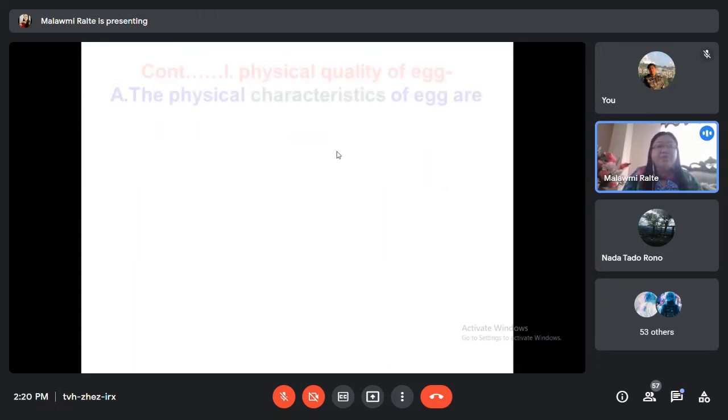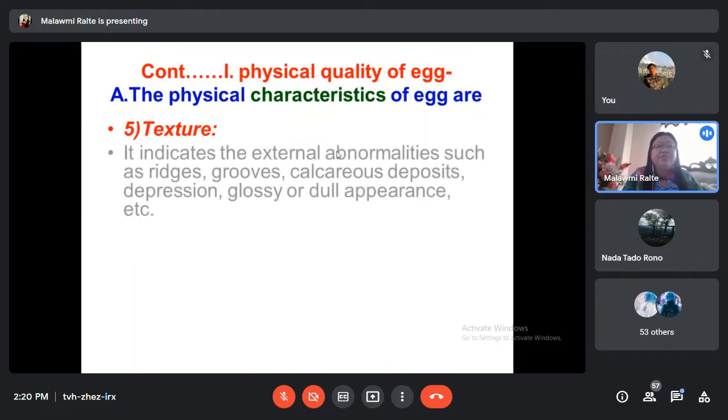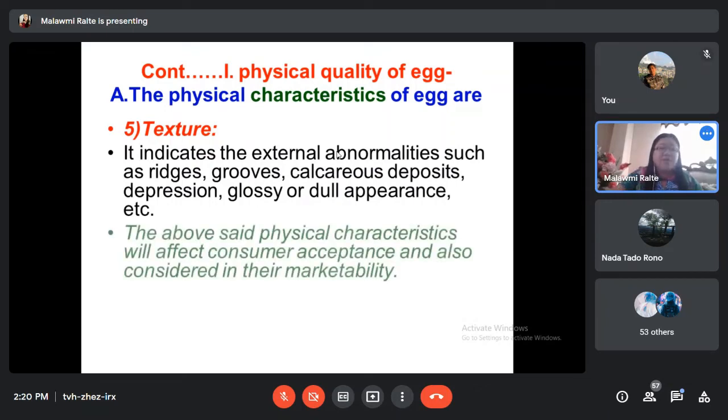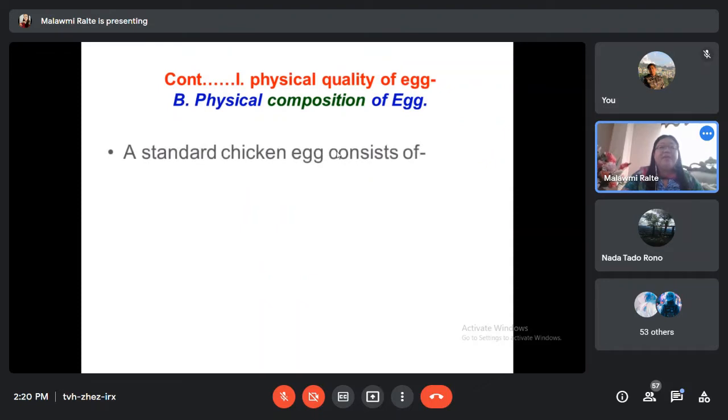The fifth one is the texture, which comes under the physical characteristics of egg. It indicates the external abnormalities such as ridges, grooves, calcareous deposits, depression, glossy or dull appearance. The above said physical characteristics, all these ridges, grooves, calcareous deposits, will affect the consumer's acceptance and are also considered in their marketability. So we have to be very cautious for this. Then the